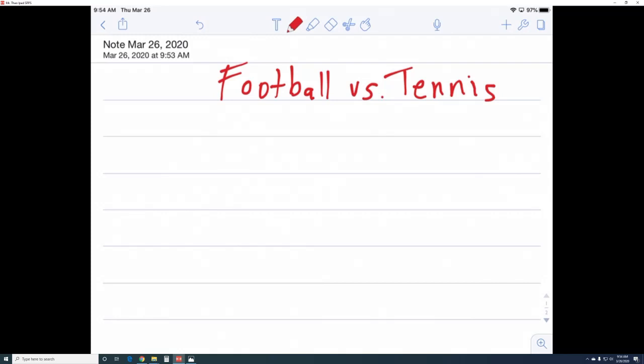Right here, you can skip a line. So I'm going to skip a line here and I'm going to indent here. You can put an arrow here just so that you know that that's how far you need to indent. Then I'm going to start with my opinion, my statement. Remember, this is the same one that you wrote either yesterday or 2 days ago.